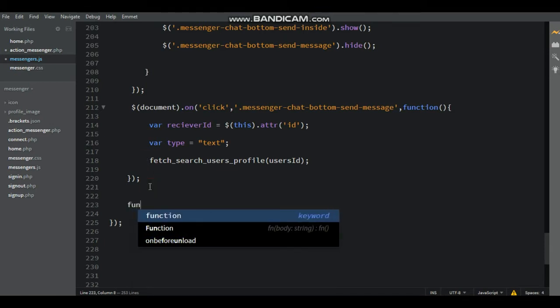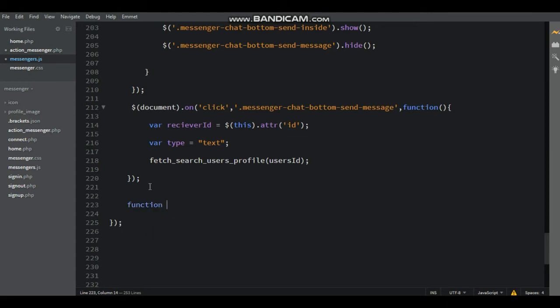Now below the on click function write one more function, that is function insert chat messages, open and close bracket, after that open and close flower bracket. Here copy the insert chat messages, here replace the fetch search users.